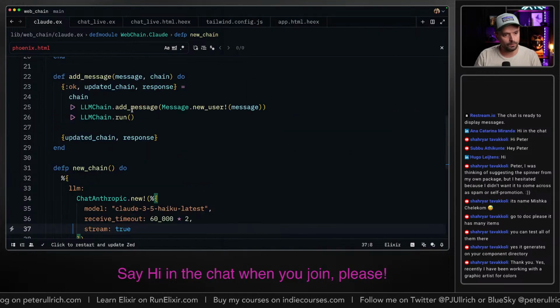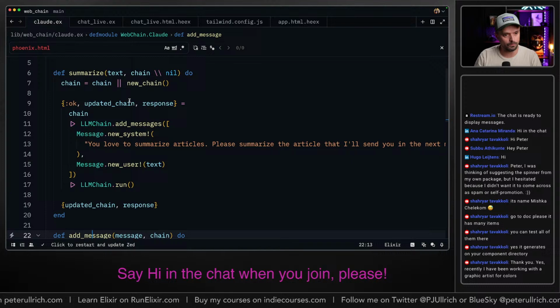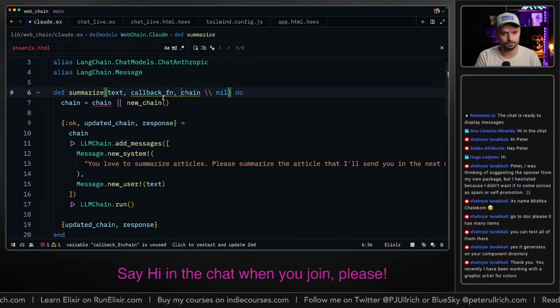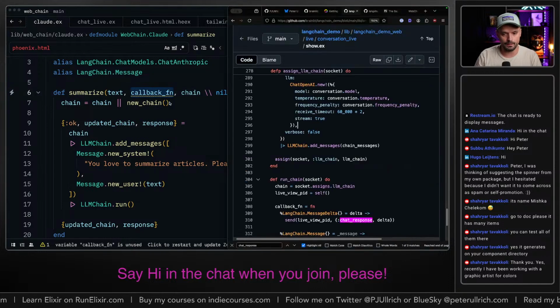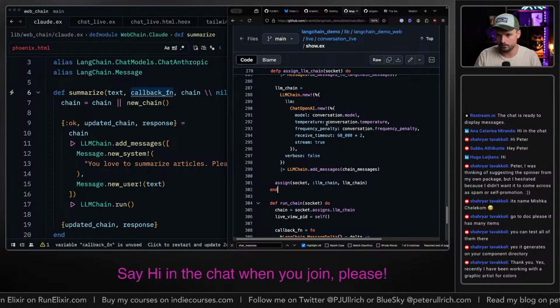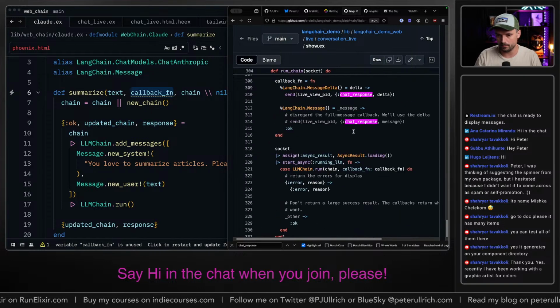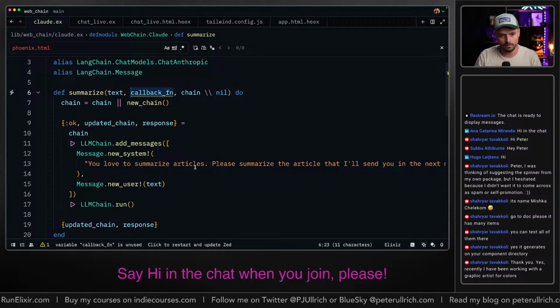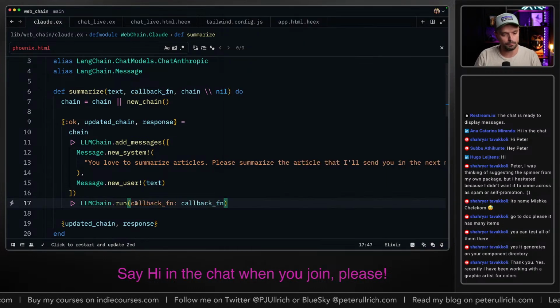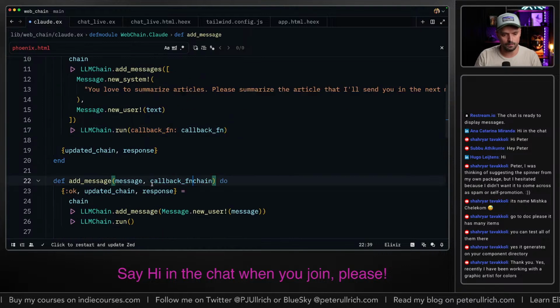And then when we add a message and when we summarize, we need to have a callback function. And that callback function is added when we do the run, I think. Yeah. So in here, callback function. Not too bad. And the same here.